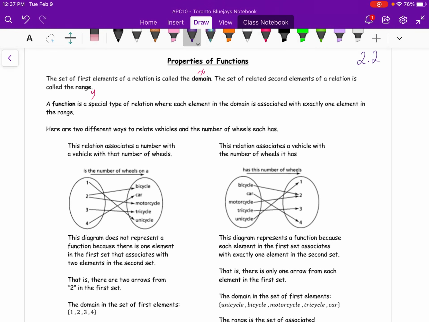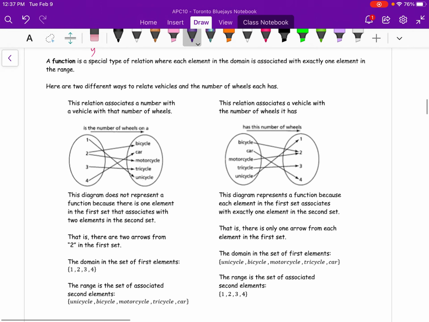All right, we're going to talk about the properties of functions. The set of first elements in a relation is called the domain. The set of related second elements of a relation is called the range. Typically, if you have experience with domain and range, the first set that we deal with is X, so domain deals with X, and the second set of elements is Y. So often the range refers to the Y